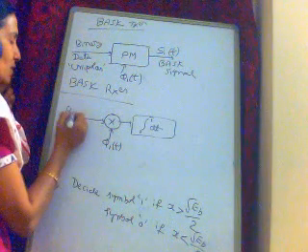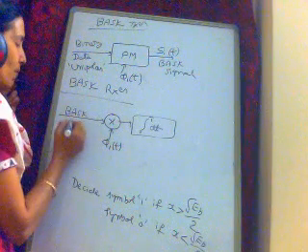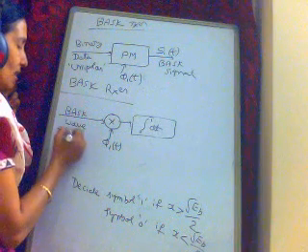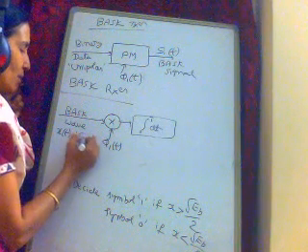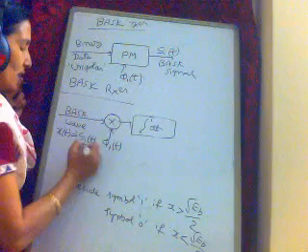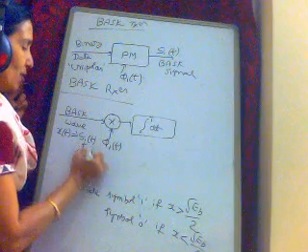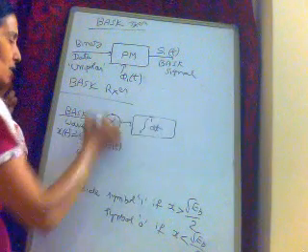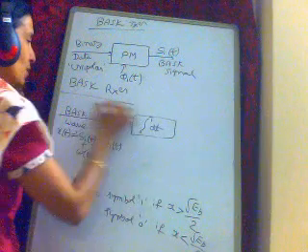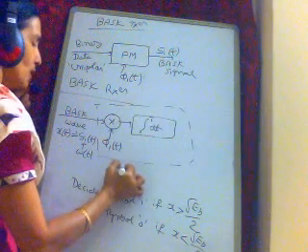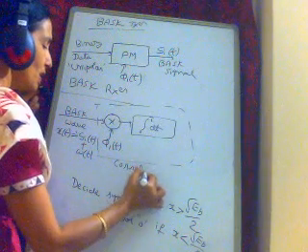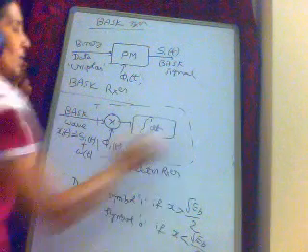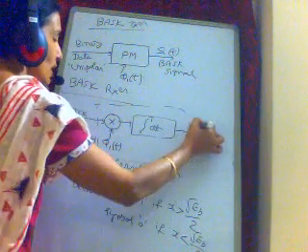What is the input for this? The BASK wave, correct? Plus noise, I mean white Gaussian noise. That was an assumption. So x of t is equal to si of t plus w of t, multiplied with phi 1 of t, followed by integration. These two blocks together form a correlator receiver, right? Next, the output of this is x.